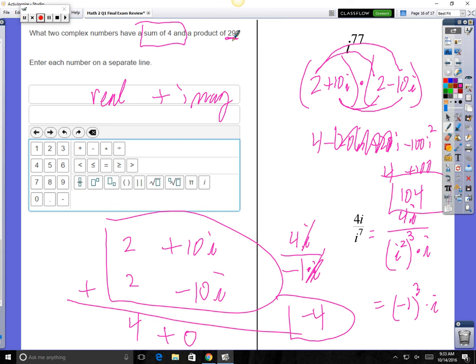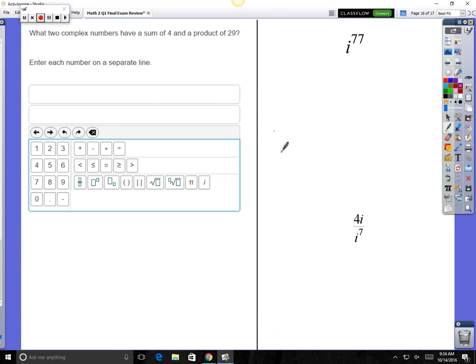But we only need to create 29. So we kind of overshot it. So you know that if you do 2 times 2, that's going to give you 4. And I did 4 plus this. So if I want to end up at 29, I'm going to do 29 minus 4. 29 minus 4 is 25. I want to create a 25. And you can do that by 5 times 5. So here are your imaginaries. Your complex number is going to be 2 plus 5i